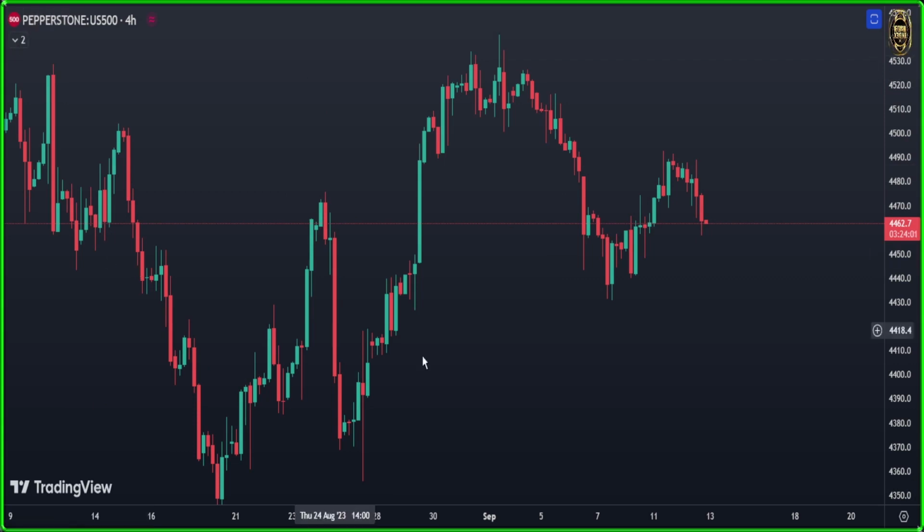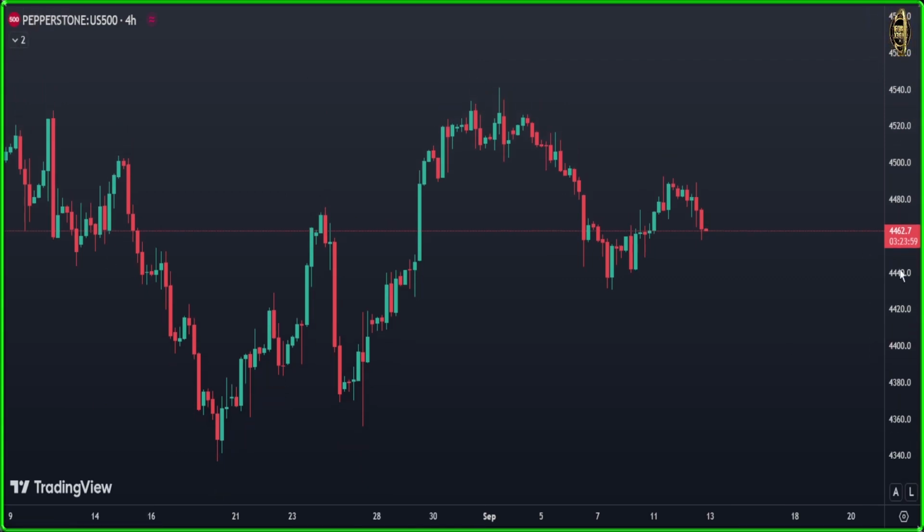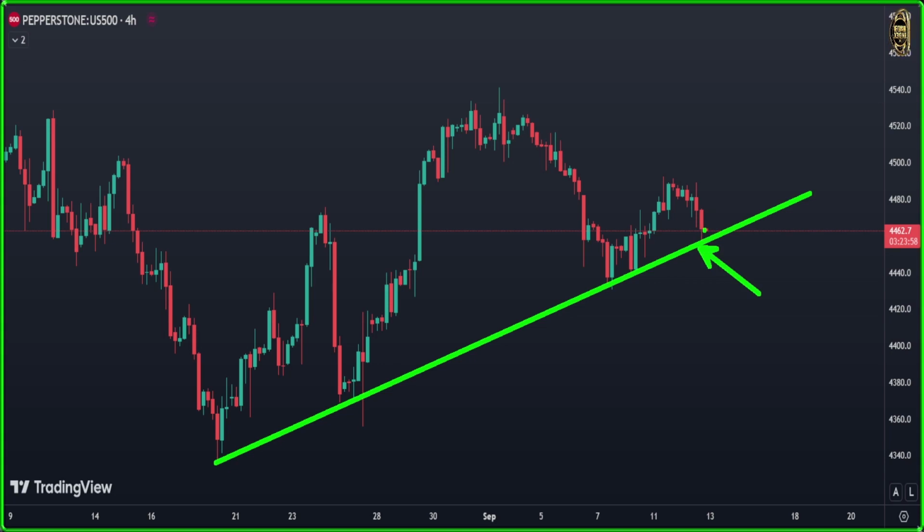Another thing here, you remember that trend line we have here, that one here. I showed it to you before, but it's okay to repeat it. If you go back to test it again, that means either from here it will go back up and break that last high, that's why I told you need to focus on that last high which is here, or the market will break that trend line here and it's going to fall down more.